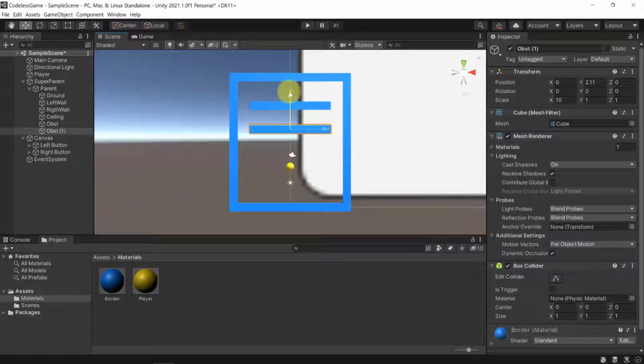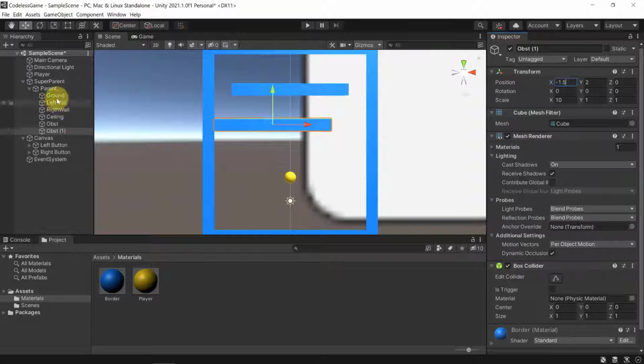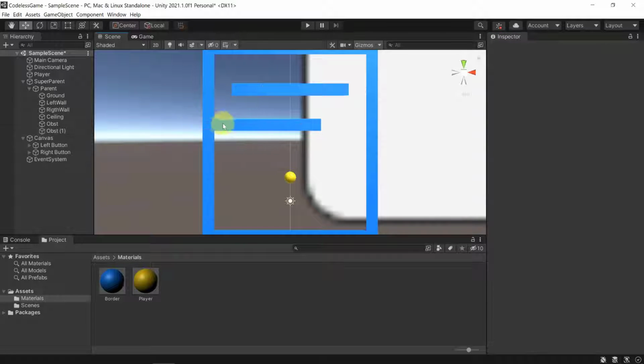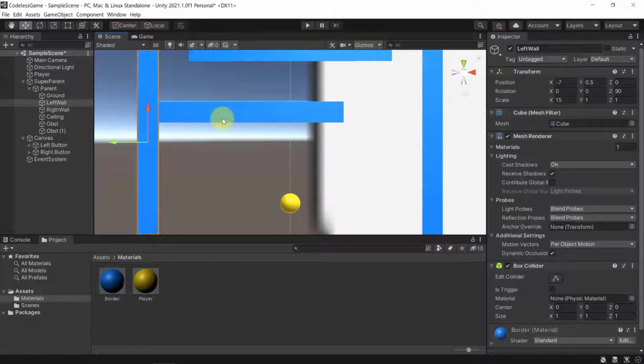I'm going to move it somewhere around, let's say Y 2, and then the X position of -1.5 will probably be a good spot. So here it will be exactly at the edge of our other element. It wouldn't be a problem even if we pushed it inside of our other item. You wouldn't see it because they are in the same Z position, so to speak, but it's always good to do it in as clean a manner as possible. So here, let me select this obstacle and position it at -1.5 for the X position as well as 2